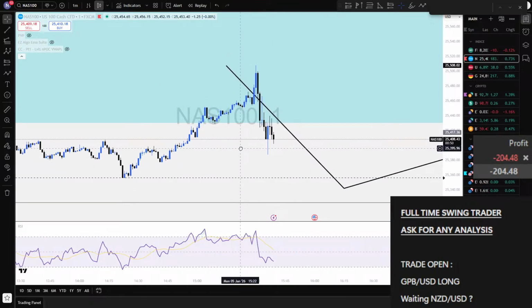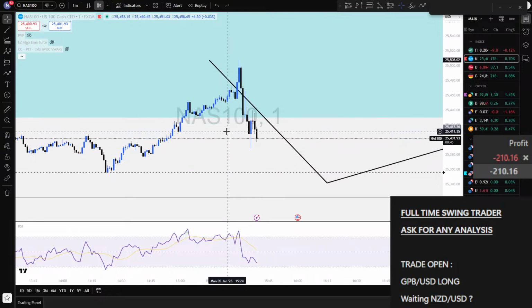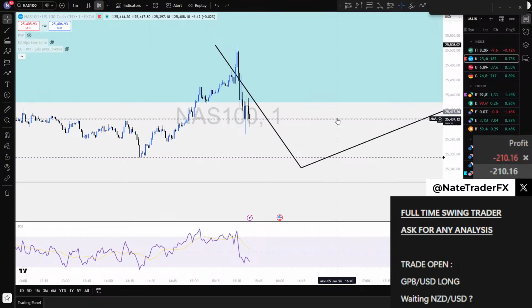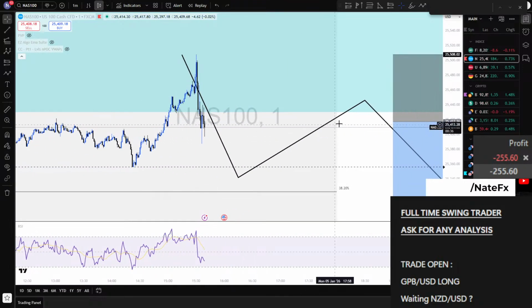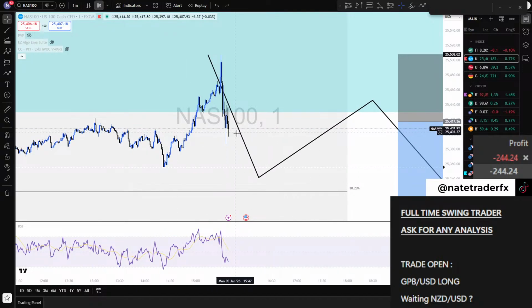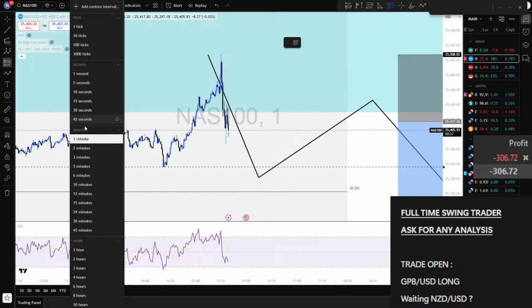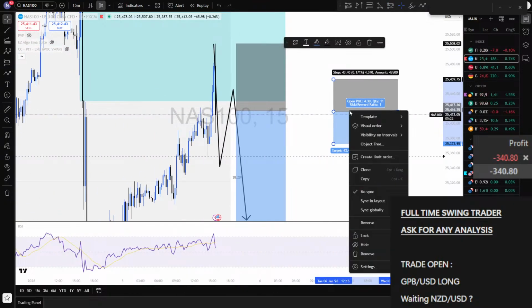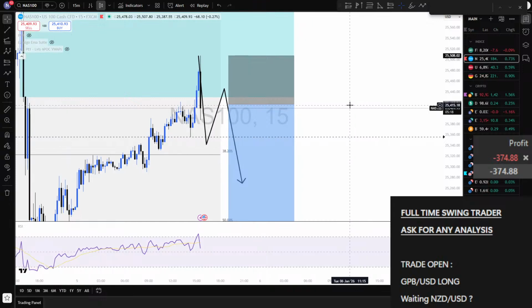I even think, I mean, it's too late. I prefer to wait him to break first in 15 and come back. Because either way, if he pulls back, he's gonna give me basically more or less the same entry than here. But I don't think it's a bad trade to already open it or wait to pull back in 1 minute.